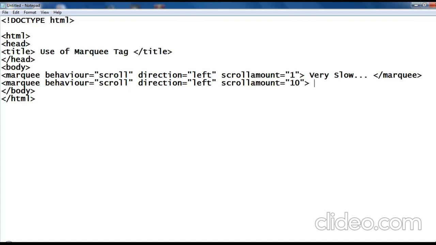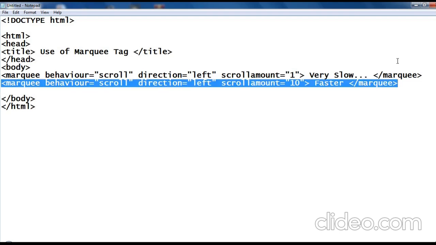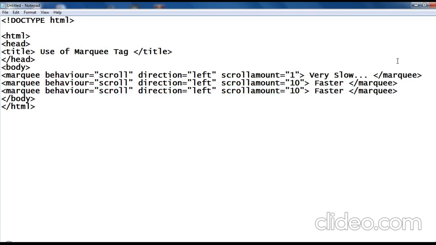So it is fast compared to the first line. Closing the marquee tag. Use one more marquee, just copying and pasting it, and changing the scroll amount to 20.